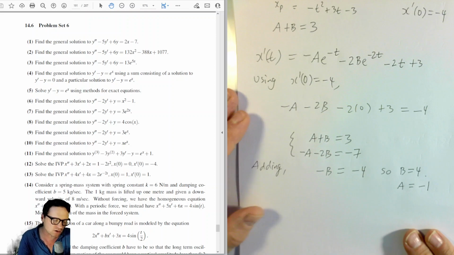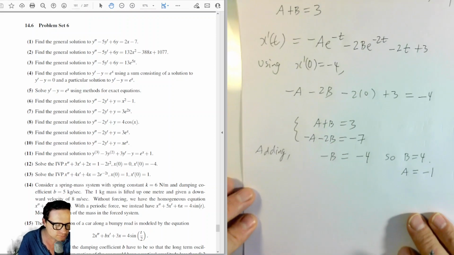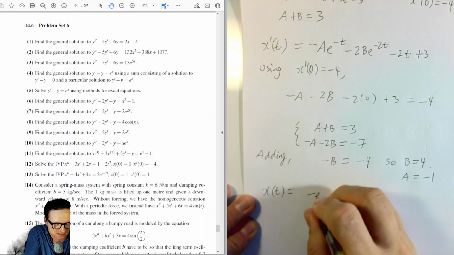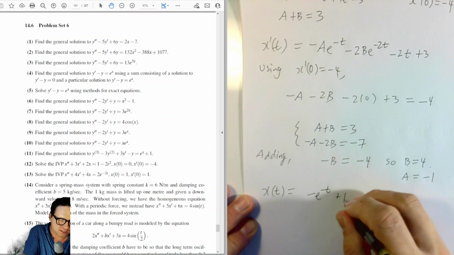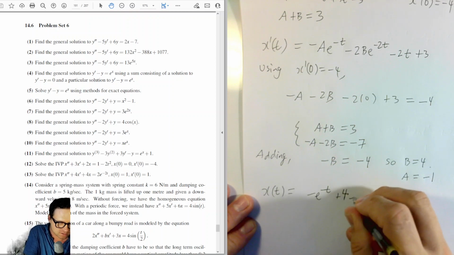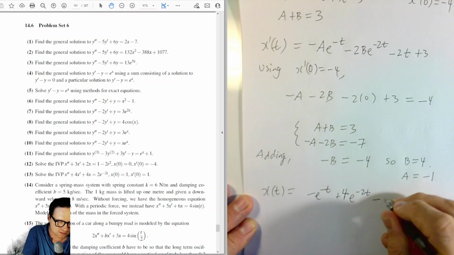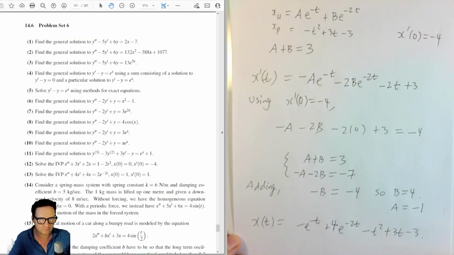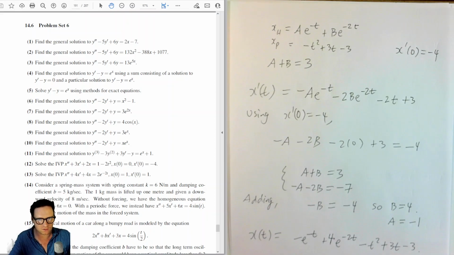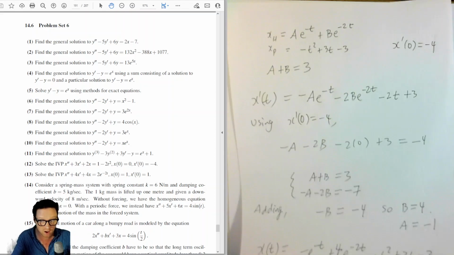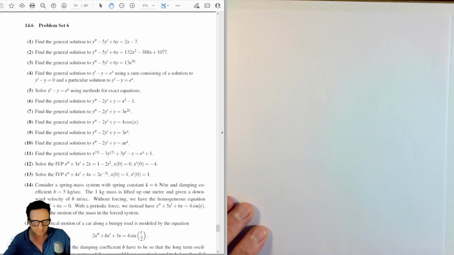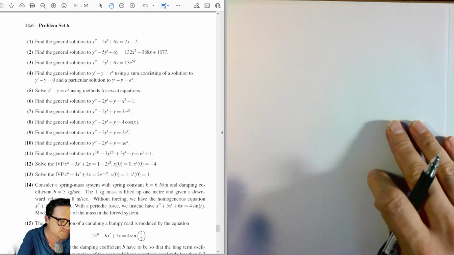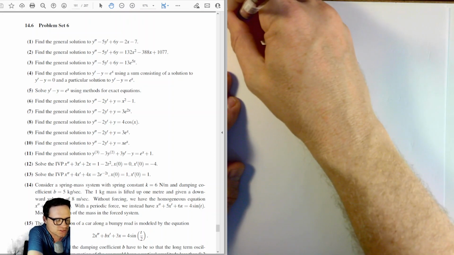And so this gives us our solution to the initial value problem. So x of t is equal to minus e to the minus t plus 4 e to the minus 2t minus t squared plus 3t minus 3. Okay, so let's move on to the next question since we have now finished question 12. So question 13